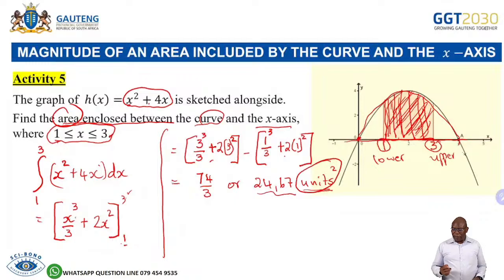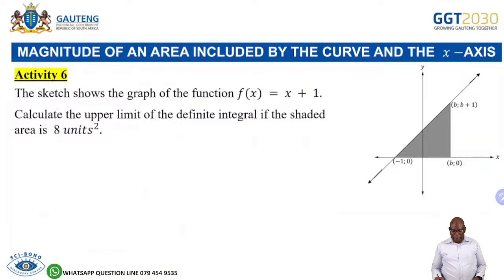So, the next activity is a very nice activity, but it has got a lot of work to do. Why do I say that? It is because the area has been given, but we are only given one value here. Remember we need the area of the shaded part. Can I get it? This is a right angle triangle, but what do I need? I need the length of that,